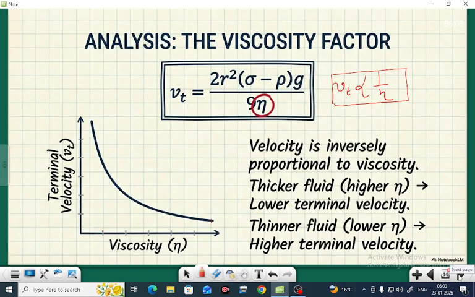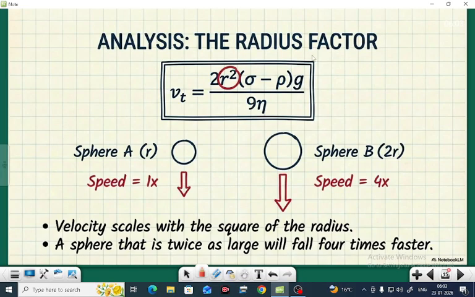For that there is another important thing, that is the analysis of the radius factor. Here Vt equal to 2r²(σ − ρ)g by 9η. Sphere A has radius r, speed is 1x; sphere B has radius 2r, speed is 4x, because Vt is directly proportional to r². So it will be 4 times. Velocity scales with the square of the radius. A sphere that is twice as large will fall 4 times